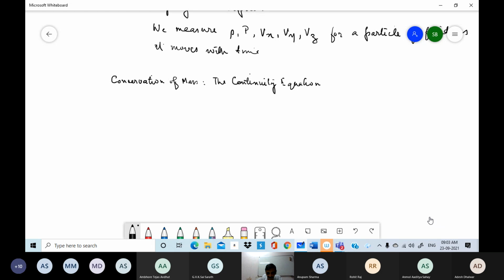So if we require that mass should be conserved, then it will lead to the continuity equation. So how do we impose conservation of mass and how does it lead to the continuity equation? So we have to start from the Reynolds transport theorem. The Reynolds transport theorem says